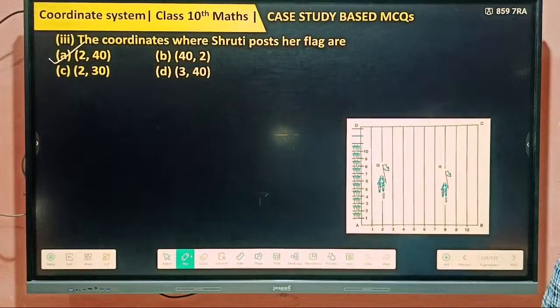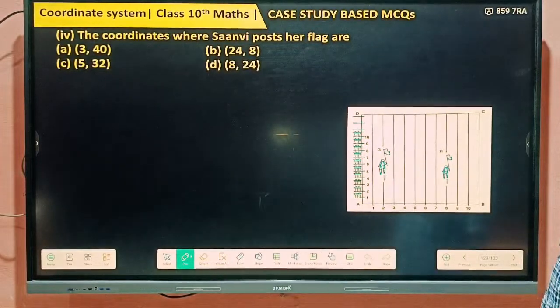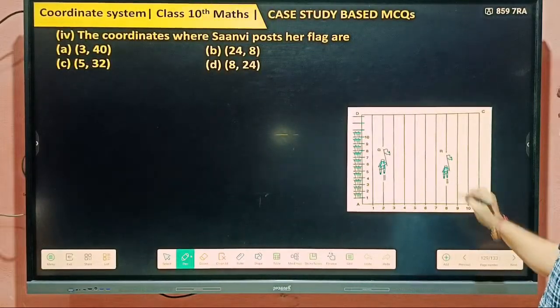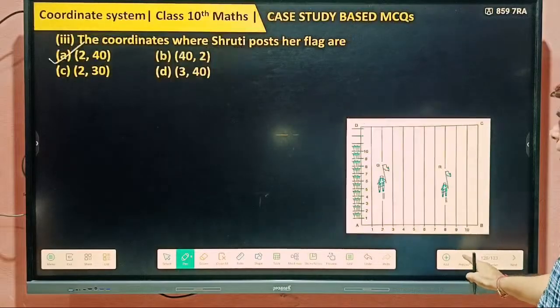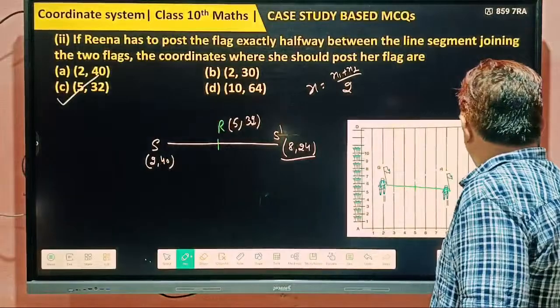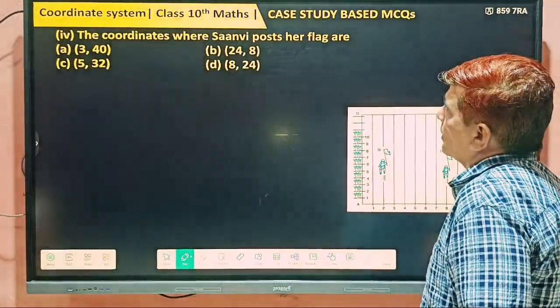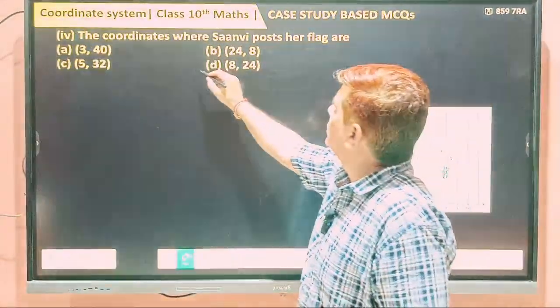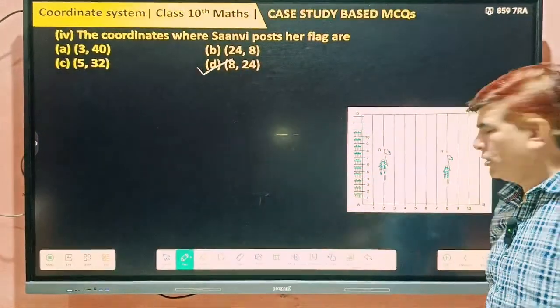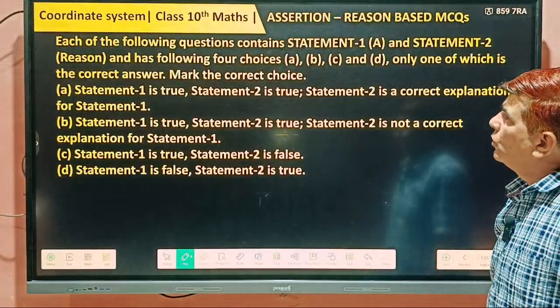Understood? Next one, the coordinates where Sanvi posts her flag. So you know Sanvi is this. Where? This. So this again I can tell, here it is written, it's your answer. So 8 and 24 is your answer. Got it, so much easy, no doubt. Now,